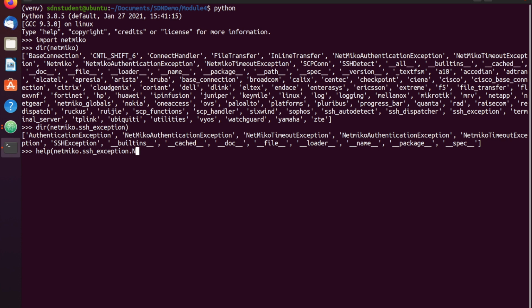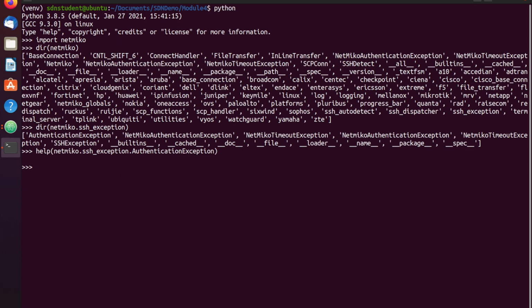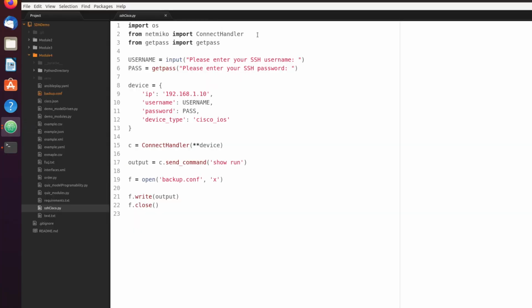And let's go ahead and just check out the first authentication exception. Exceptions raised when authentication failed. For some reason, it may be possible to retry with different credentials. Other classes specify more specific reasons. Okay, so that's why we have different reasons available to us, because you can apparently write the authentication pretty granularly so that it tells you what actually went wrong. So let's go ahead and pop back over to Atom here,